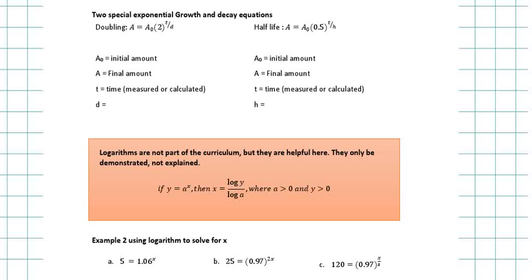Remember I told you we have 4 different equations that we're going to use for exponential growth and decay. We showed 2 of them. Now these are 2 special cases. We call them the doubling and the half-life. We only use these 2 equations if the population, or whatever it is, is doubling, or if it's halving. That means you're losing half of the population